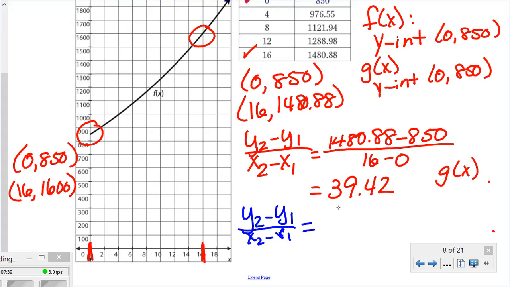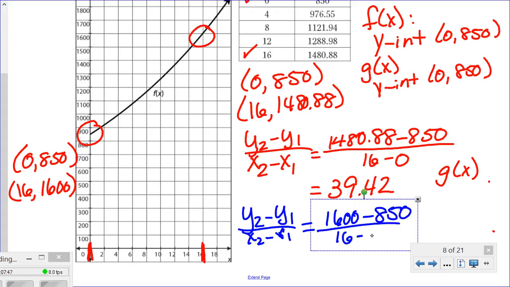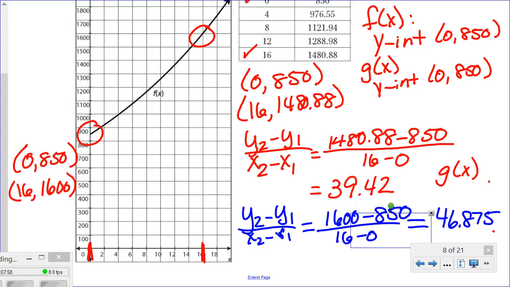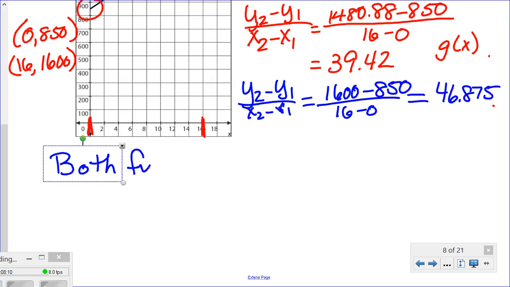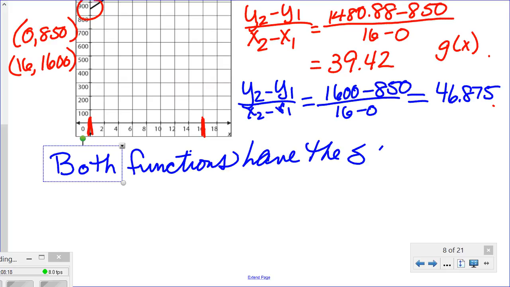Equals, in this case, 1600 minus 850 over 16 minus 0. And in this case, after the mathematics, on my calculator, I get 46.875. So when I made my 2 comparisons, I found that my y-intercept was the same. So I'd say both functions have the same y-intercept,